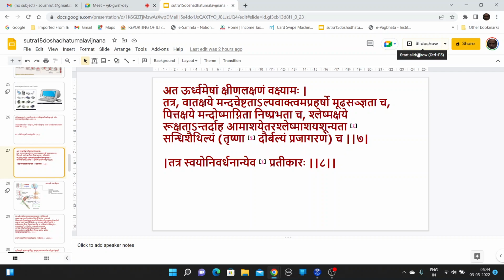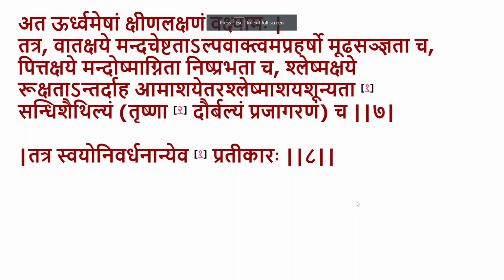We continue from the session which we had stopped last time. The next is about the dosha kshaya lakshanas. अतः ऊर्ध्वम् एतेषां क्षीणलक्षणं वक्ष्यामः तत्र वातक्षये मन्दचेष्टता अल्पवाक्त्वम् अप्रहर्षः मूढसंज्ञता च. If there is a vata kshaya, that's a reduction of the vata functions, it can result in a reduced